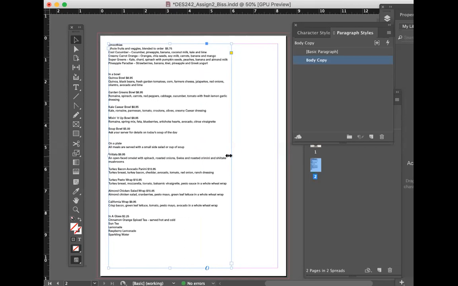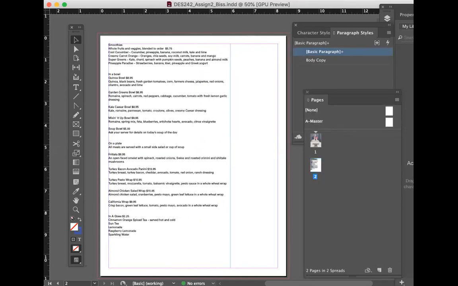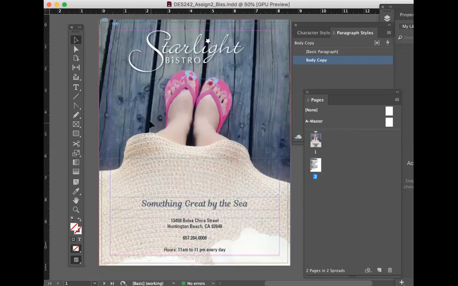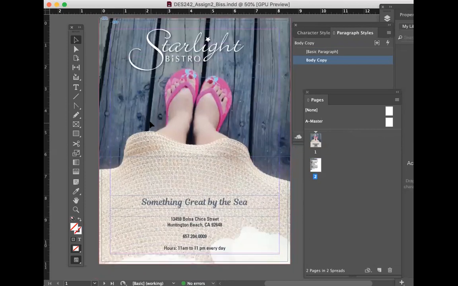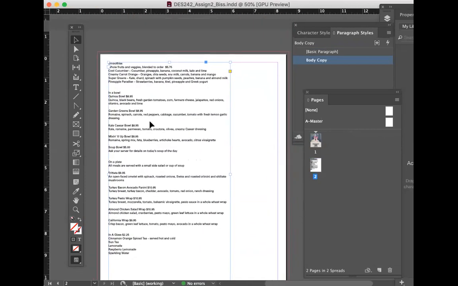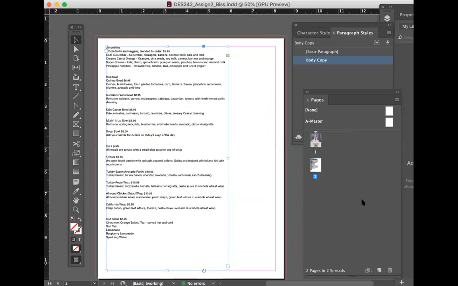So you could have 2 columns, or you could have a column like this, which is like a 1/3 column. Decide on what you want to do and where you're going to put your images. Okay, so play around with the images, play around with your copy, and then we're going to place more paragraph styles in here based on emphasis to make things pop out more.